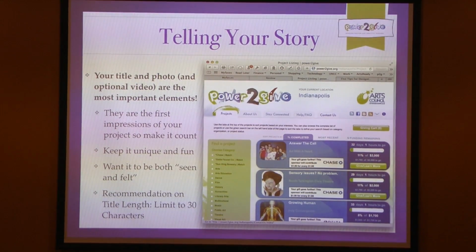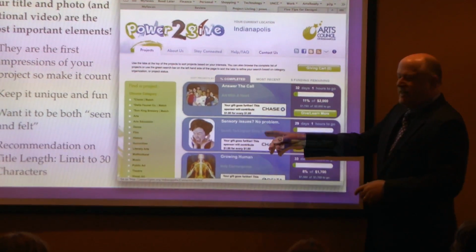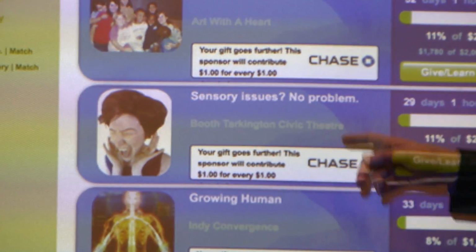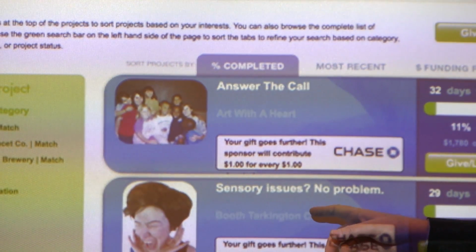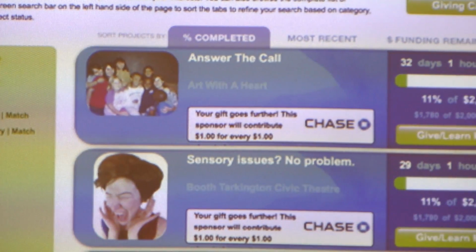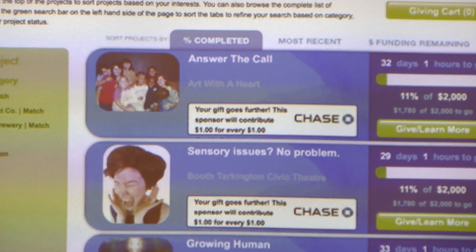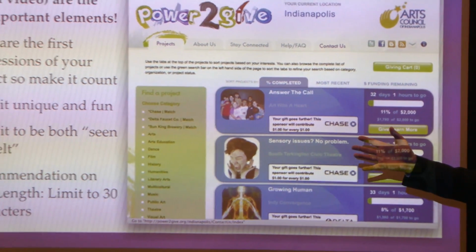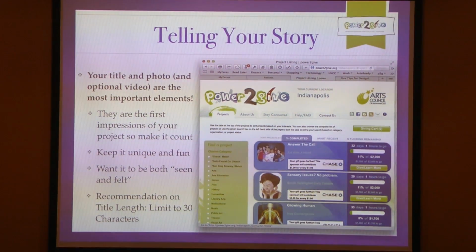For those of you in the front, which one of those is the most interesting? Yeah. What is this? It's a woman holding her ears. I want to know more about that more than "answer the call." Okay, that one pops out to me. So think about how you use the title and the photo to your advantage. Okay, this is how people will generally see that the first time. So telling your story,